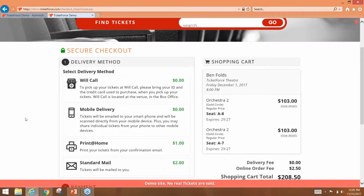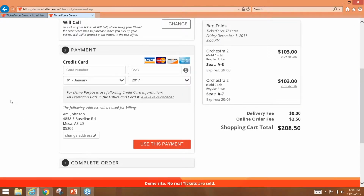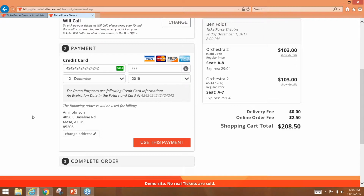So here it is. Essentially what it's going to do is put all of those previous, I think it was about 4 or 5 payment pages, all into one page. So we're going to consolidate it all into one payment page. The first thing you're going to see here is your delivery method. So here I'd collect my delivery method, the payment I'm going to use,